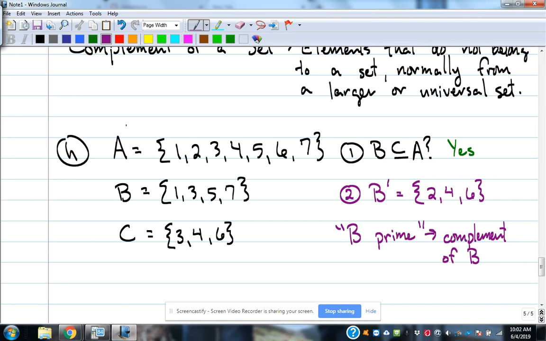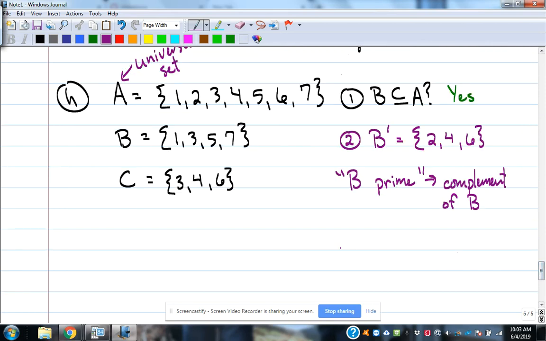So what we're doing is we're treating A as like the universal set. That's what we're doing in this problem, the larger set is the big picture. B is a subset of that. So when we look at the subset, if B is a subset, then we can do B complement and get everything that's not part of B. Okay. We can do the same thing with set C, because if we ask for C prime,